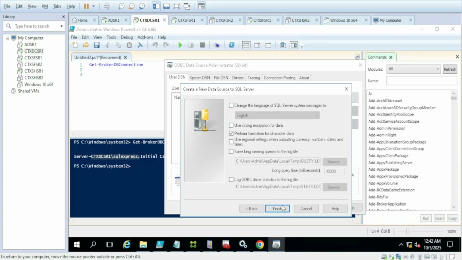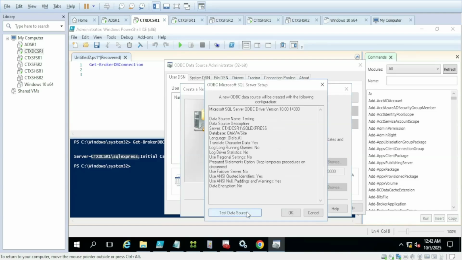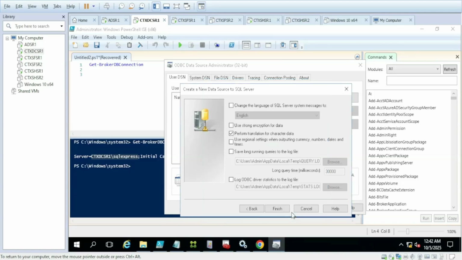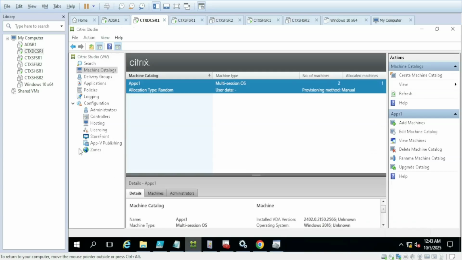I'm just testing this connection. If you just click here, the connection test completes successfully from the controller. I'm able to connect to the database. So the database is on and up, and I am able to connect to it. Studio is also open,